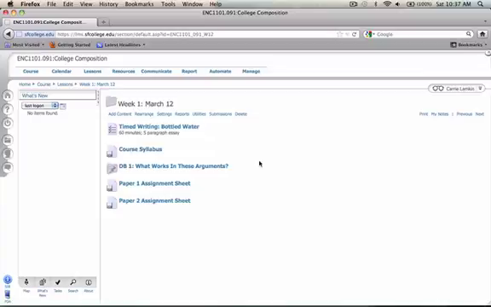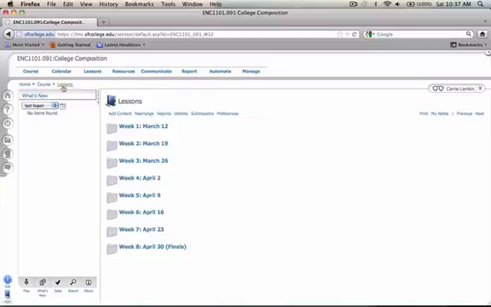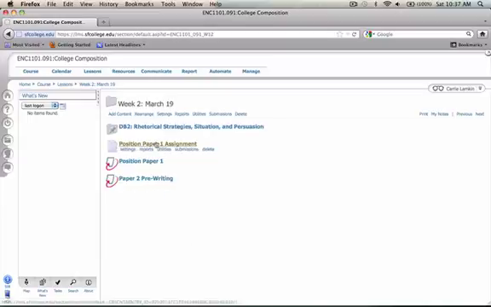All right, so I wanted to show you something called the Turnitin Dropbox. This is often very confusing for people. I'm not entirely sure why, but I'm just going to go through it and show you what it looks like. So when you have an assignment that you need to submit that's not a discussion board, because discussion board assignments just go on the discussion board itself, but something like a position paper or a pre-writing assignment that's due not in class but outside of class in our hybrid portion of the course, then you'll see something that looks like